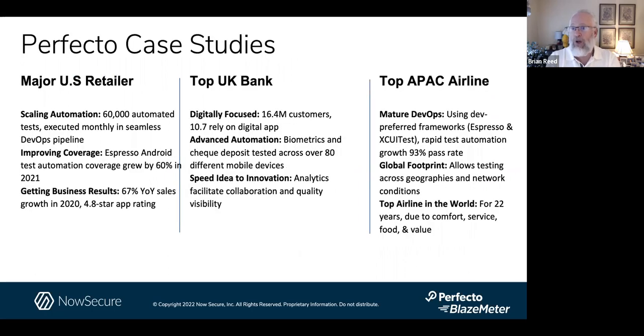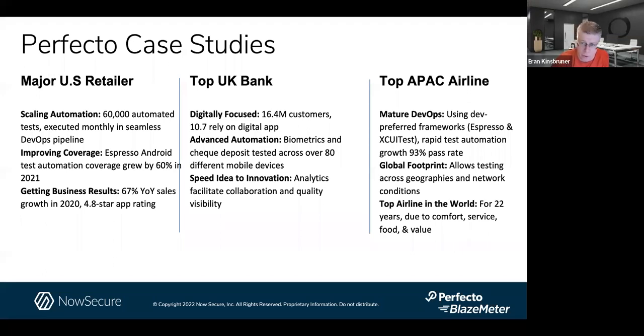And if you're Fortune 100, you need to manage your shareholder risk, right, and your revenue risk. So Eran, tell us about one of your customers. So yeah, and I'll focus on the airline, even though we are serving financial and insurance companies as well as telcos and others. Everyone is on mobile today.